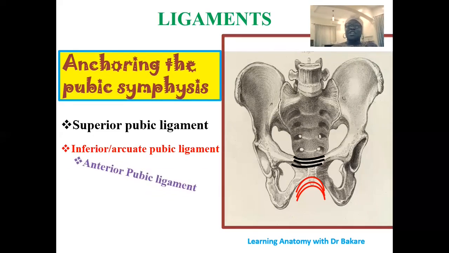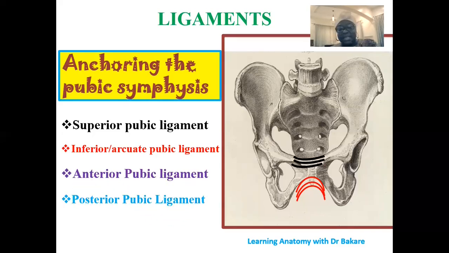We also have the anterior pubic ligament and also the posterior pubic ligament. The anterior pubic ligament, just as the name implies, you see it reinforcing the pubic symphysis anteriorly, and this is what is seen here demarcated in purple. You also see another strand that is seen posteriorly to reinforce the joint, and this is what is highlighted here in dotted blue. So these ligaments run in different patterns and are also positioned in different regions around the pubic symphysis. They are so positioned to reinforce the pubic symphysis and are taken also as part of the structural component of the anterior wall of the